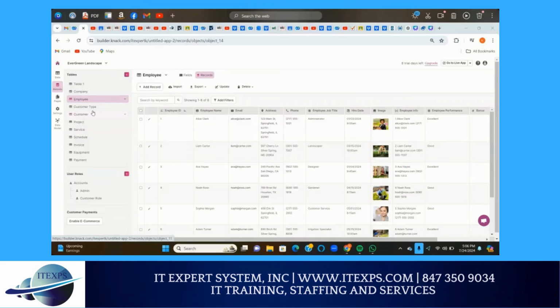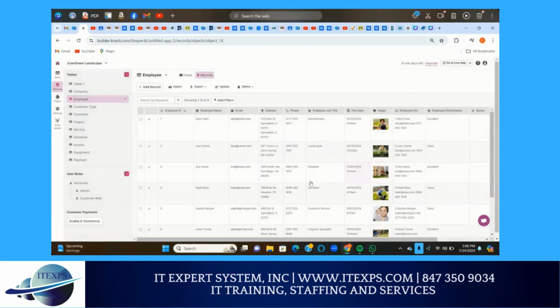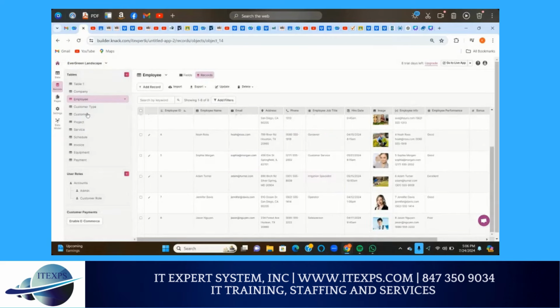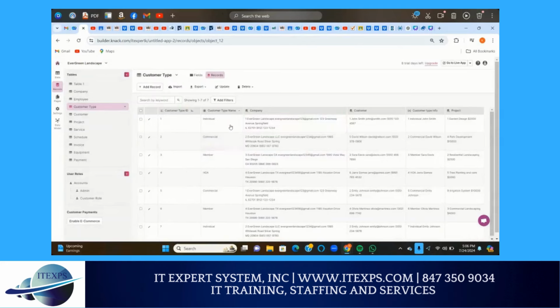Here in the builder, these are the tables we have, and these are the records for the various tables that we have. Looking at the customer, we categorize our customers into individuals, commercials, homeowners association as seen here.